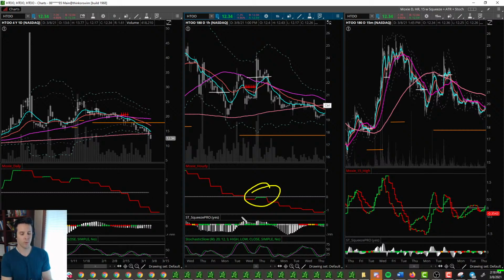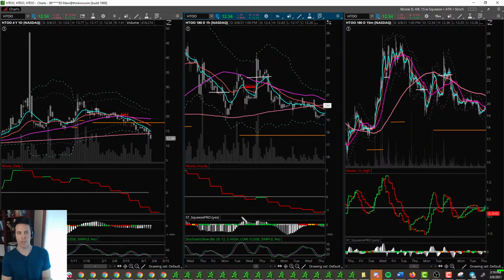So this was two of my rules. Number one, it was an inverse trampoline move, just like I showed you on SNDL. Price should not be over the 50 if the indicator is below zero. And two, you don't want to be trading long against a downtrending moving average. You want the moving averages to be working with you. You want them to act as support. And you want them to be like the yellow brick road that price walks up along. And none of that happened.